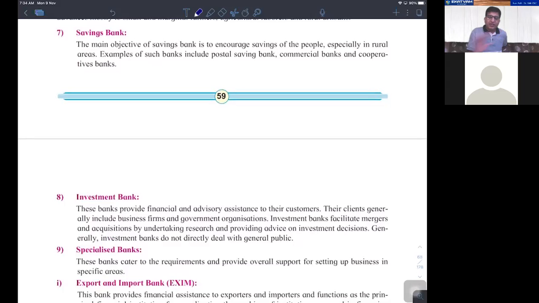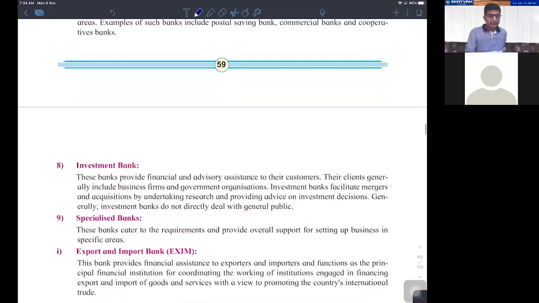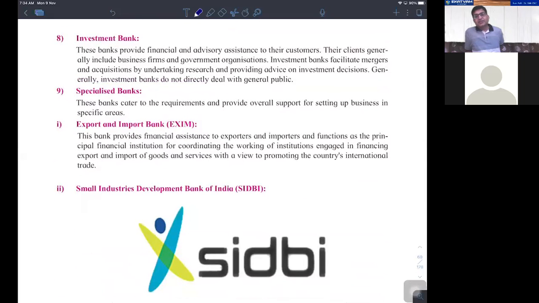सेविंग्स बैंक नाम की कोई कंसेप्ट नहीं होती है। इस तरह के अकाउंट होते हैं। पोस्ट ऑफिस में जाके आप सेविंग्स बैंक अकाउंट ओपन करो। In fact, post office has also become a payment bank now. They have also got the banking license. कमर्शियल बैंक्स, कोऑपरेटिव बैंक्स, हर जगह पे सेविंग्स बैंक होता है। तो इस तरह की कोई बैंक नहीं होती है। ये आप लिखना भी मत, आपके आंसर में जस्ट डिलीट है।